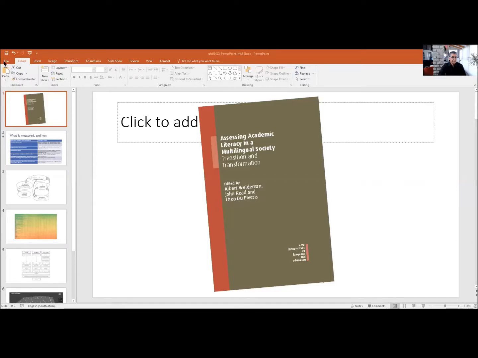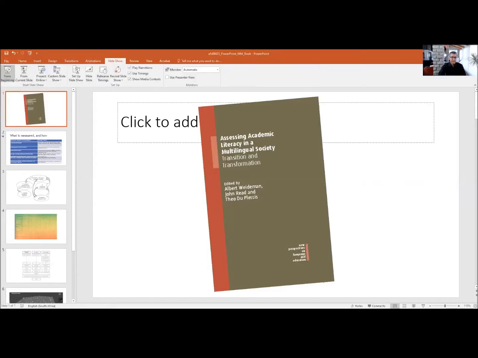I think the book is significant for a number of reasons, for three reasons at least. The first one you already see in the title of the book, and I'm just going to share that screen with you so that we can look at what the book looks like. The term multilingual in that particular title tells you something about the book.